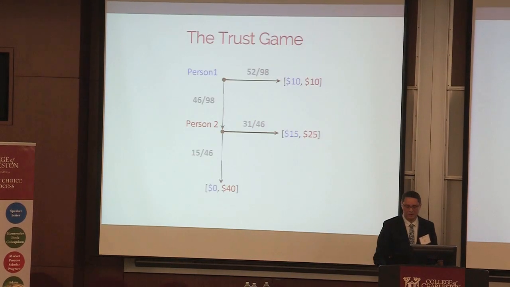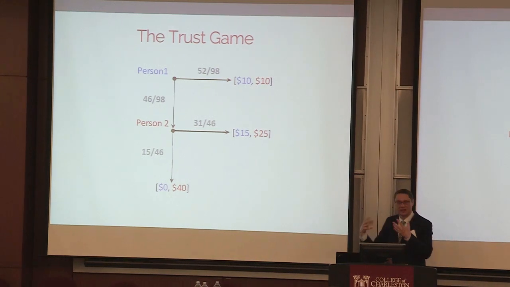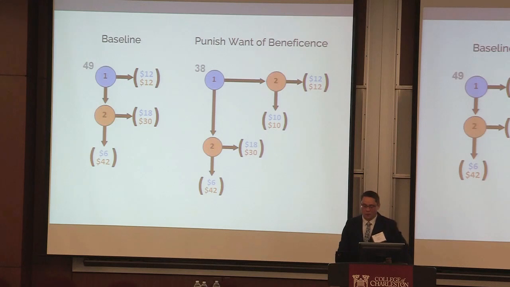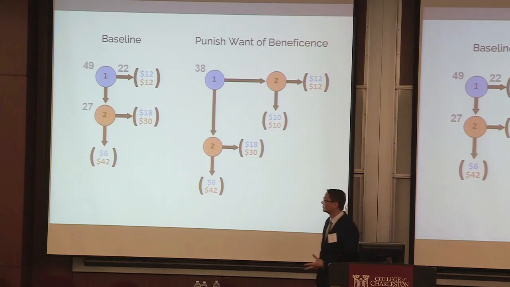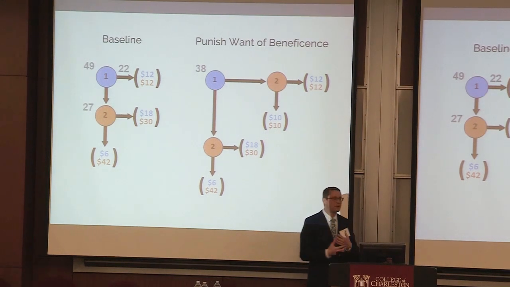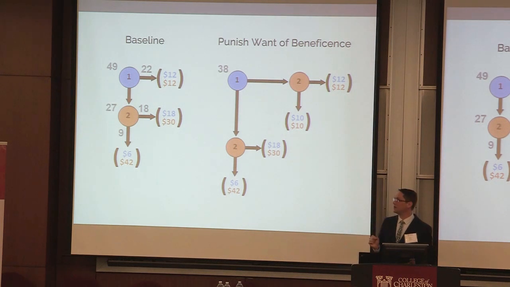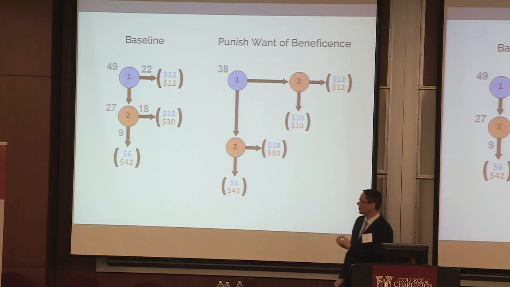So just to remind you how we started this, here's the previous game, just to get a sense of what happens 8 to 10 years later. We're going to have 49 pairs. We find that 27 of those play down. So it's a little bit more than we saw before. We have the same basic baseline now, 8 to 10 years later. So those results before are replicating pretty robustly. Two-thirds of people are going to reward that beneficence of person 1.